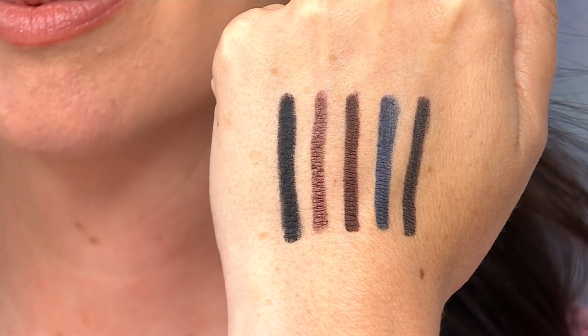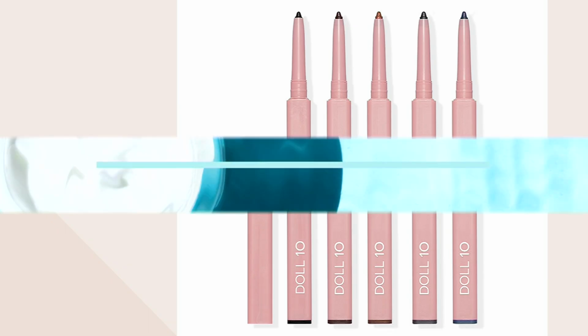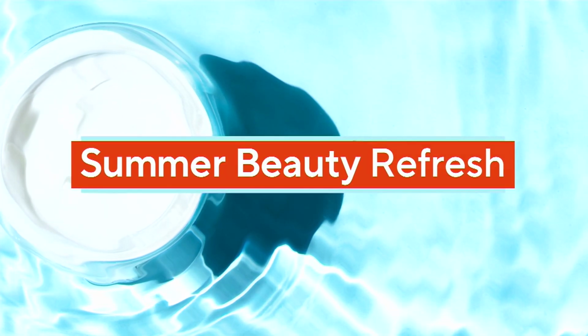Eyes tend to fall. They do fall. When you think about lift, it doesn't have to be expensive. No. This is a really easy way to create the look of lift, to enhance what you feel like is kind of fading away. Maybe your lashes aren't as thick as they used to be. But this is why you